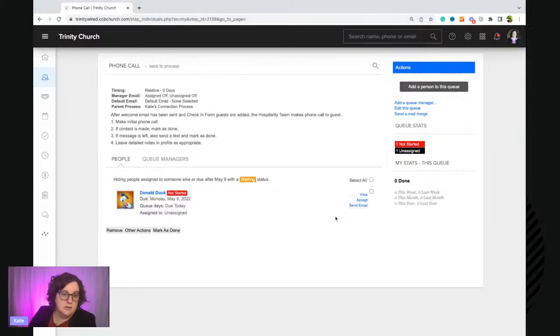that Donald Duck attended our church and was added to this queue. This one automates right from the form. If someone checks that they're a guest, they come right in here. So Mickey comes in and is like, oh, yep, okay, I will do this one. And they can hit accept right here on the left-hand side. They can hit accept. Or if